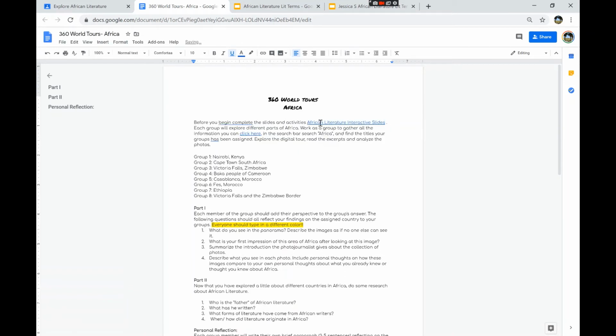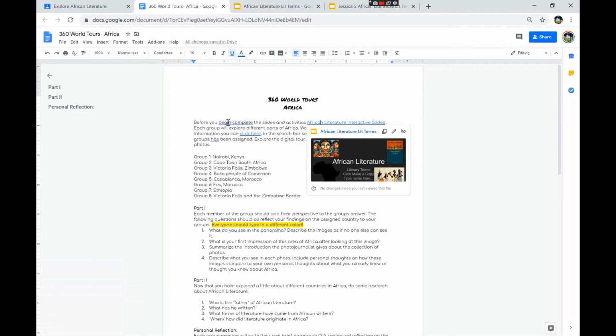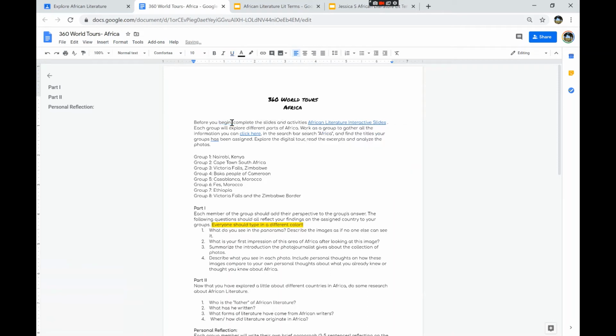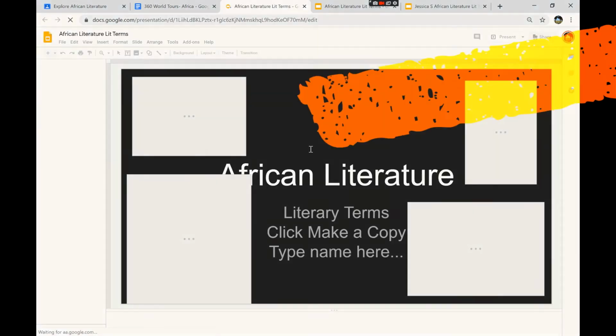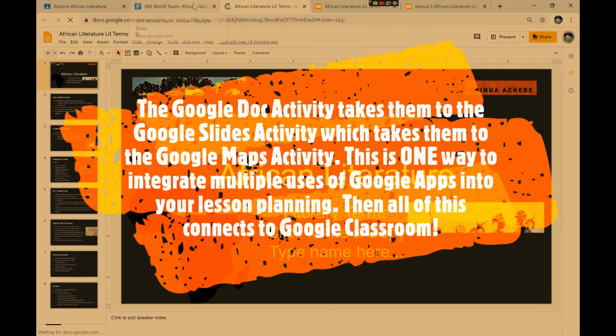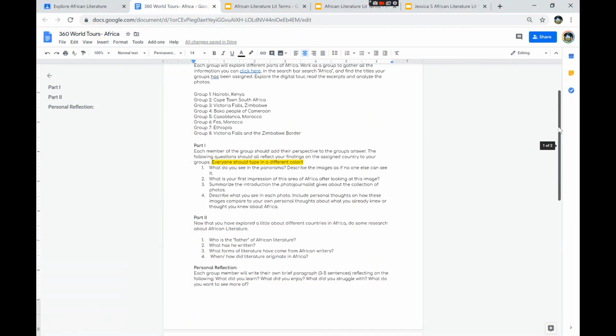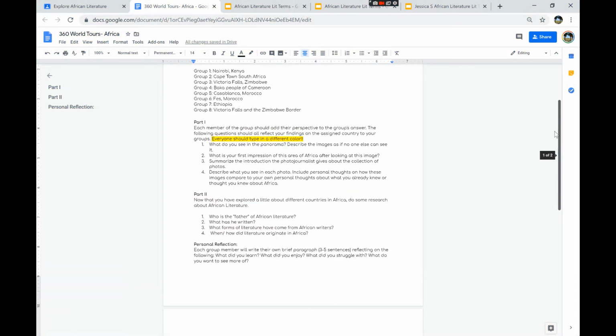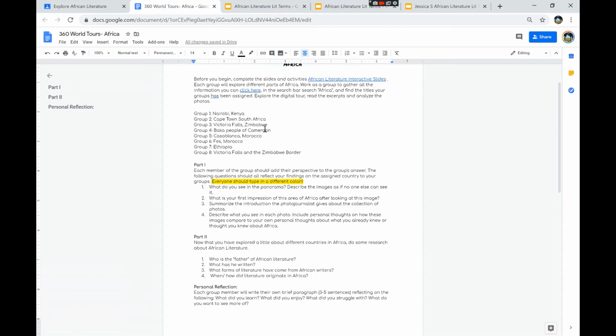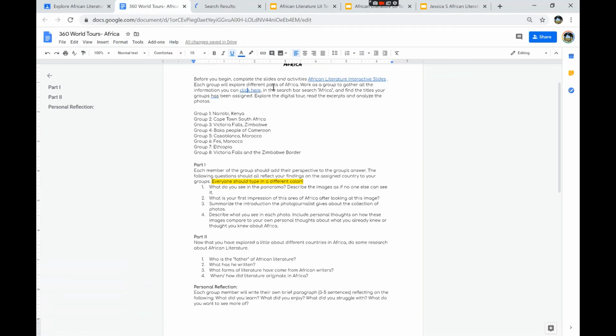They can just click there and it takes them now to this. They make their copy, they complete the activities, they do the mind maps, and now they go back and they complete this. The way that they complete this activity is they click here, and now they are in the panoramic